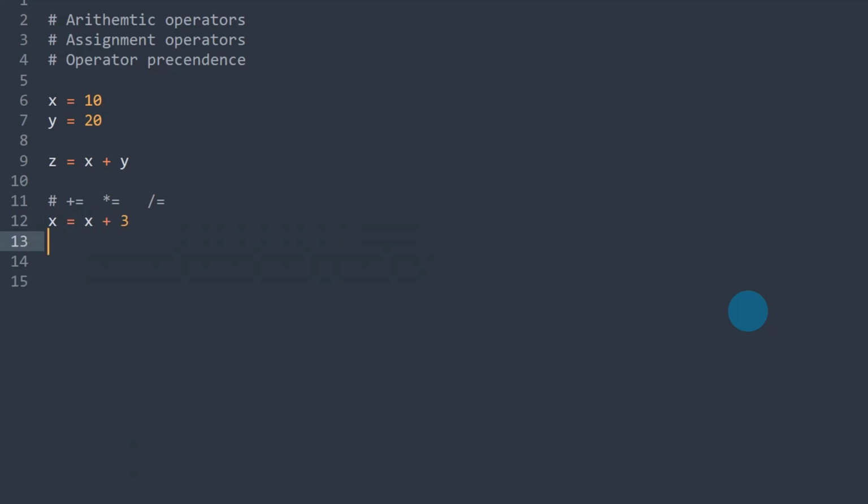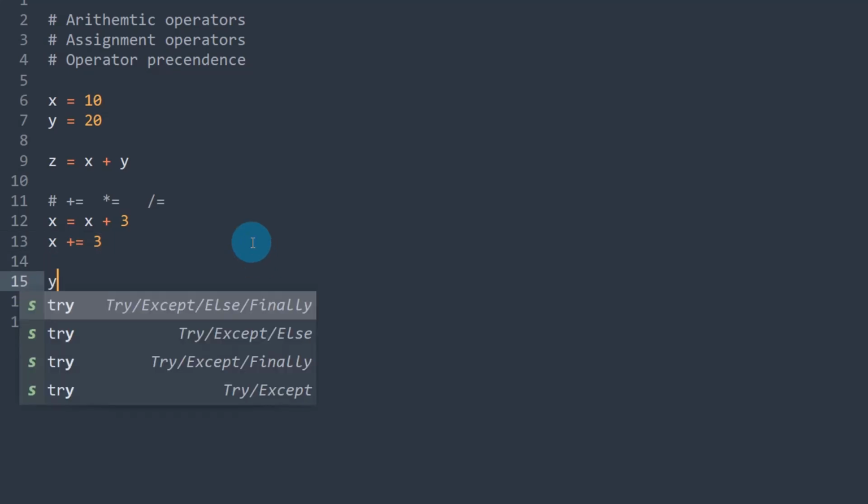I can also write the same statement x equal to x plus 3 in a shortcut form like x plus equal to 3. What does it mean? This means x equal to x plus 3 only, the same as line 12, but it's a shortcut form. If you are confused about these things, don't worry. You don't need to write in this form. Whether you write like this or like this, the ultimate code is the same. Nobody is going to ask why you have written it like this.